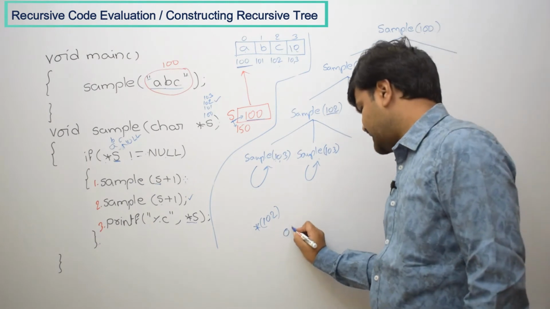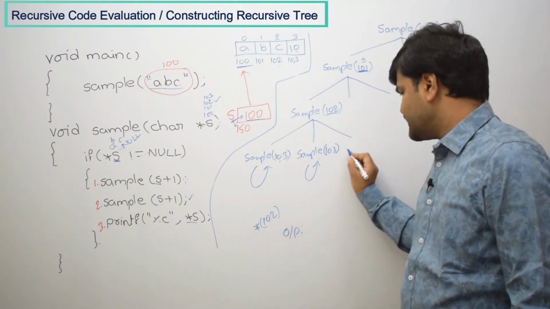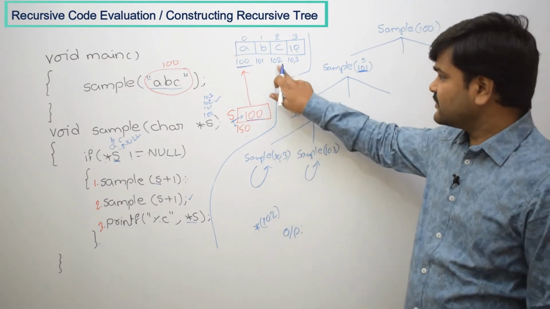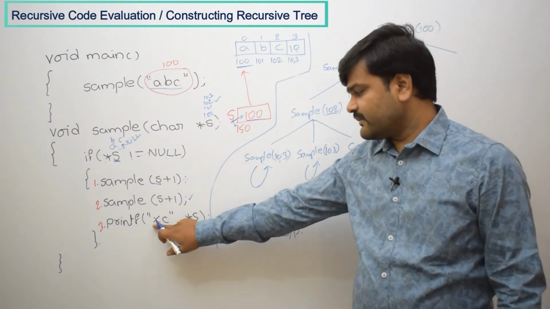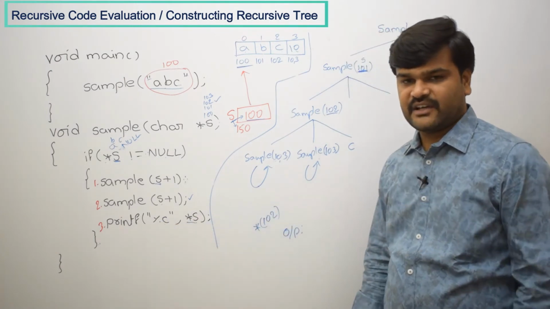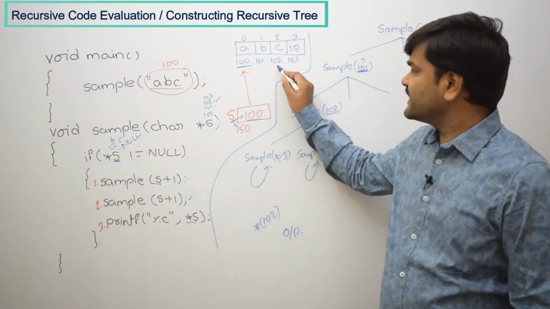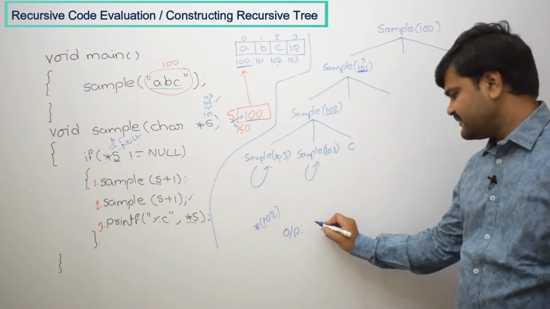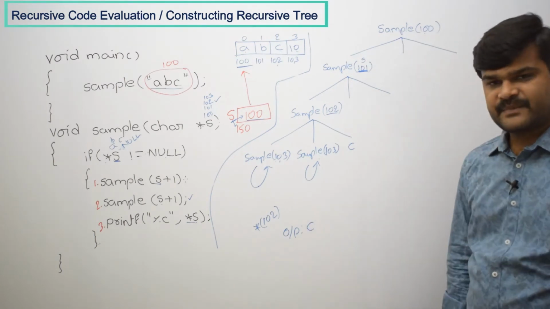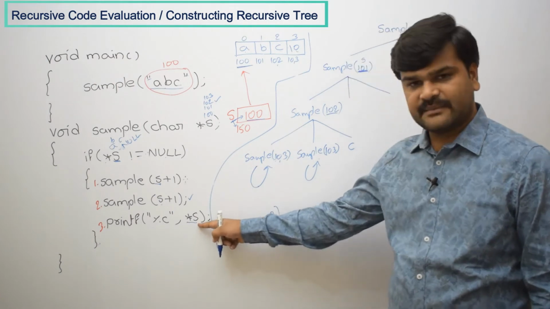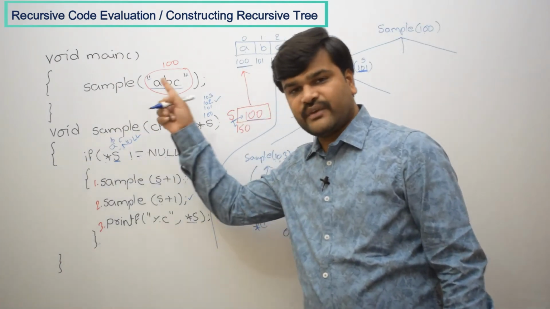If you take the output here, first of all it is printing C. Because in 102 what is there? C. Here the format specifier is star C, which means a single character you have to print. So in 102 whatever is there, that you are going to print, that is C here. That is the first output you are going to print. Then after these three statements are completed, you are going back to wherever it is called.